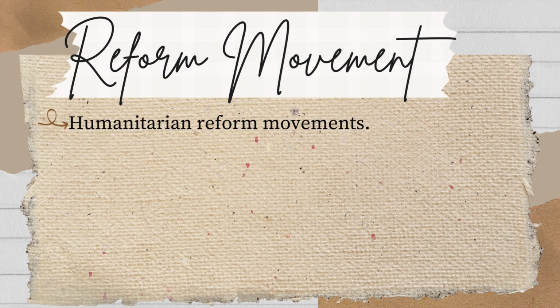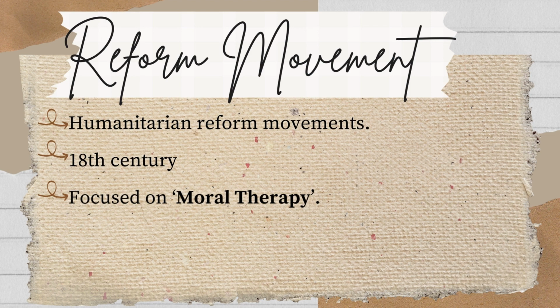The reform movement began in the 18th century. It focused on moral therapy by providing patients with humane treatment in a more conducive environment. It is a form of psychotherapy wherein a person with mental disorder could be helped by being treated with compassion, kindness, and dignity in a clean, comfortable environment that provided freedom of movement, opportunities for occupational and social activity, and